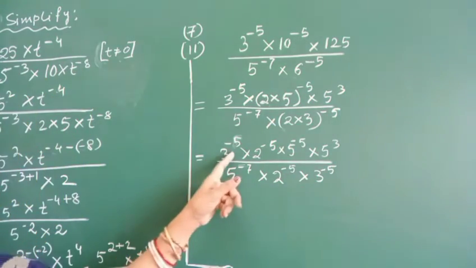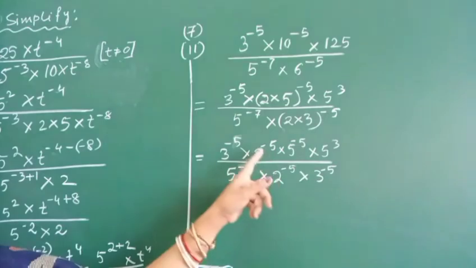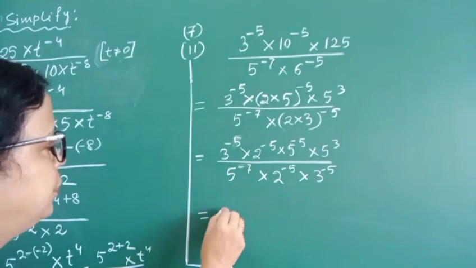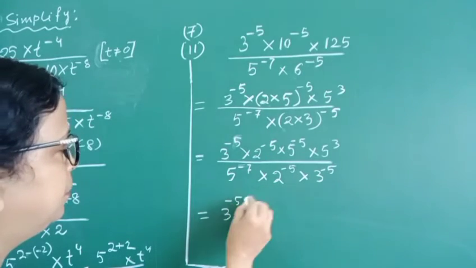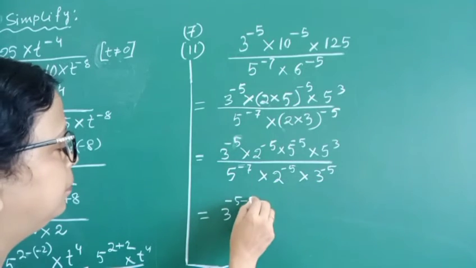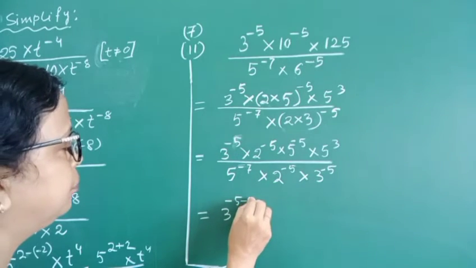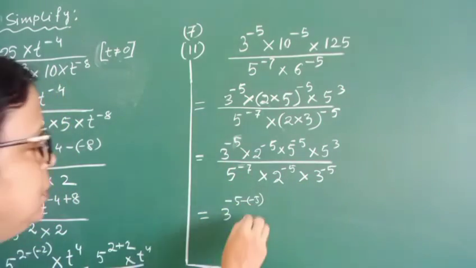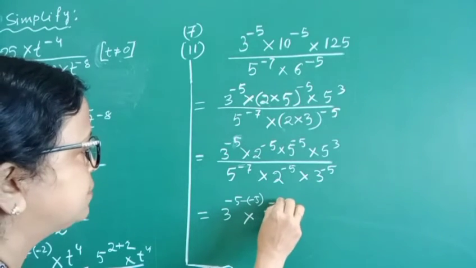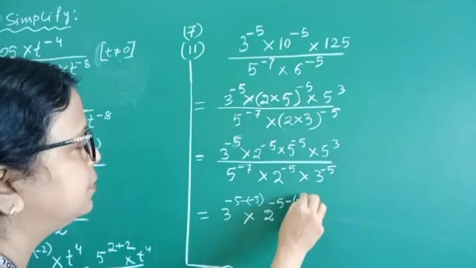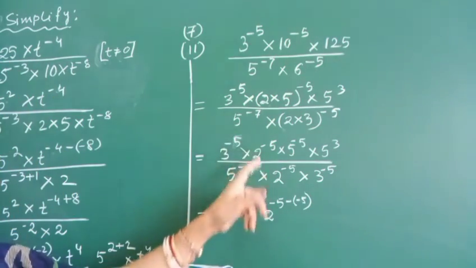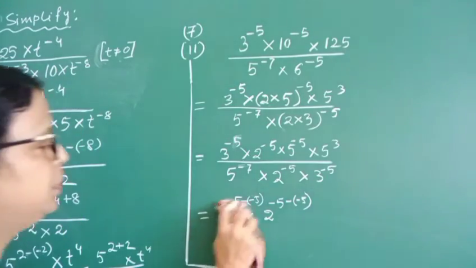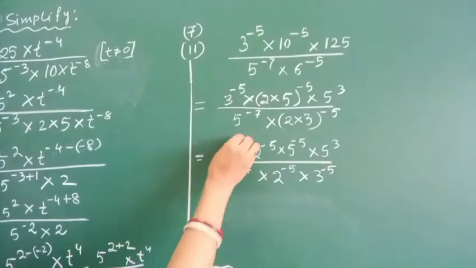Students, you can see that 3 to the power minus 5, here 3 to the power minus 5. 2 to the power minus 5, 2 to the power minus 5. So what I can write here, instead of 3 to the power minus 5 divided by 3 to the power minus 5, as it is division, so minus 5, and in the same way 2 to the power minus 5 minus 5. That means it will be 2 to the power 0 and 3 to the power 0. Wait, and slowly you can write, or you can write directly. If you are facing problem, you can write directly also. You can cancel this directly also.